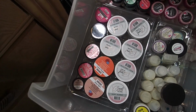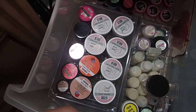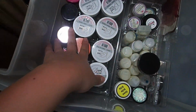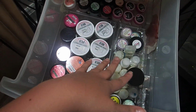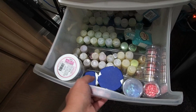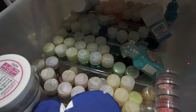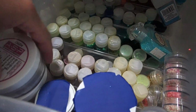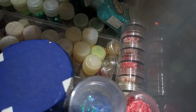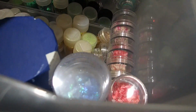See down here on the first level, I put all of my other covers, the most popular ones, the ones that I use the most or want to use up. I put them here. Down here, I have all of my glitters, and some more acrylics, decorations down here, as you can see, different types of pigments. So this is how I decided to arrange my